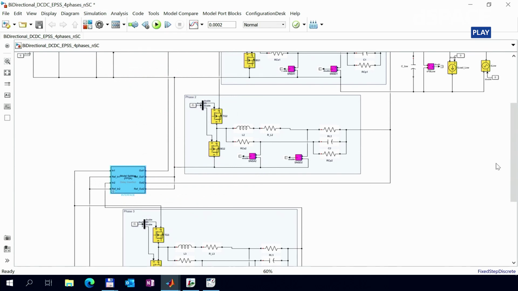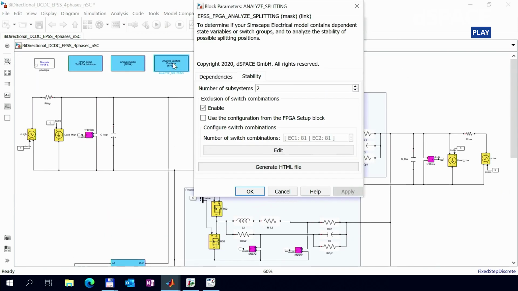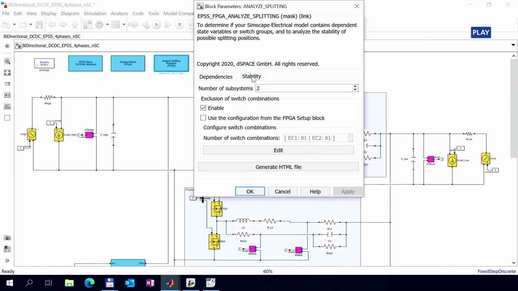To check if your splitting does not influence your model in a negative way, we have developed the Analyze Splitting block. This block gives you the opportunity to check if there are special dependencies between switches or between states in your model and highlight these dependencies. And also you can compute the stability for any possible switch combinations.